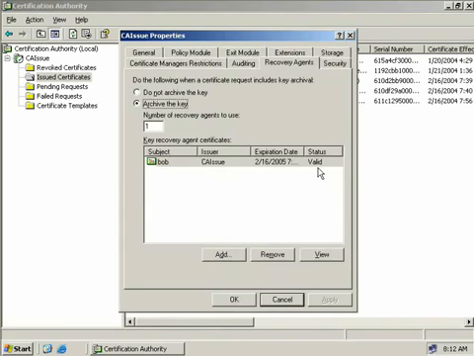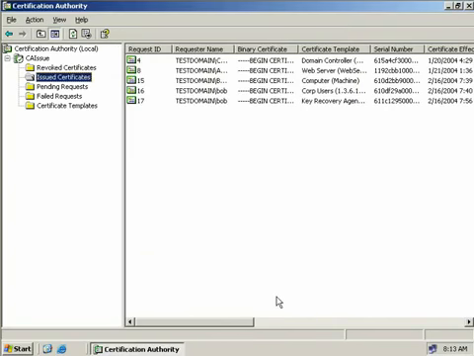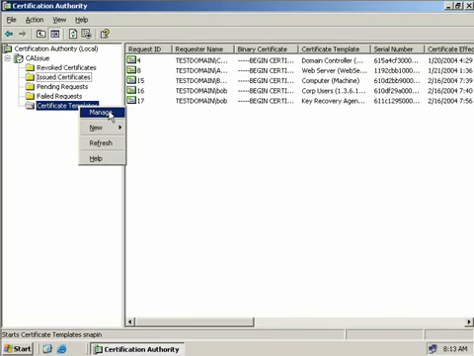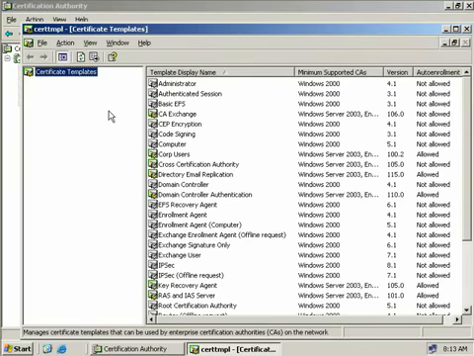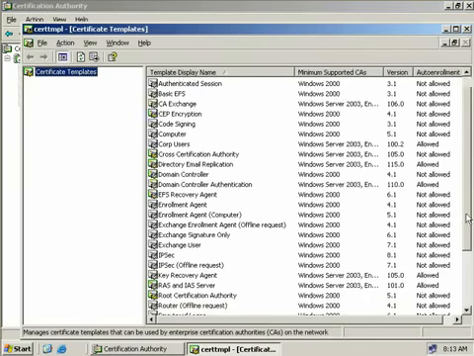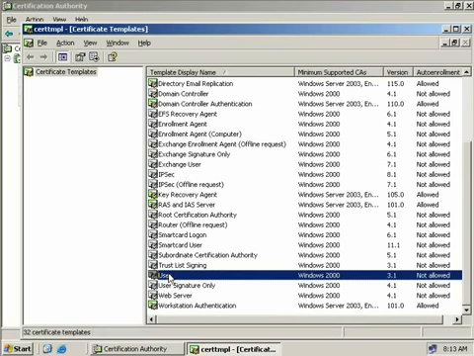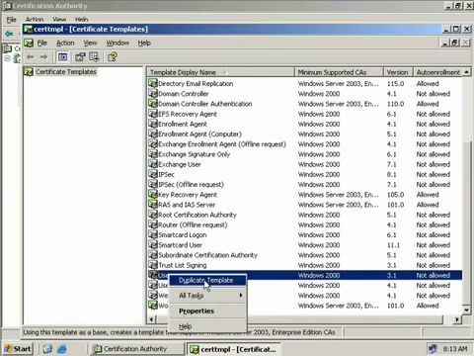Alright, so we're cooking. Now the next step is to create a template that we can use to issue archived keys. So we'll right click on our certificate templates and we'll select manage. Now we'll scroll all the way down and we'll select the user template and we'll right click and select to